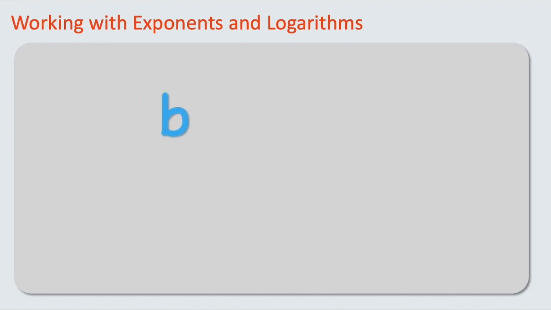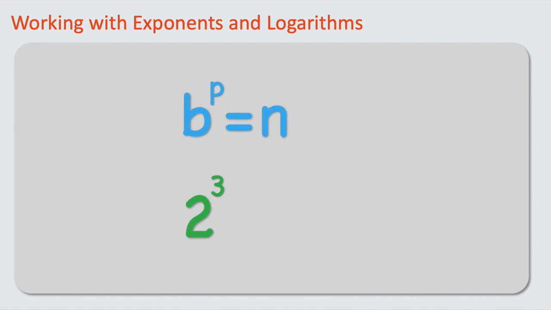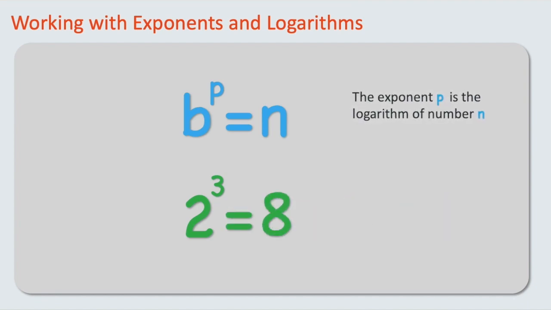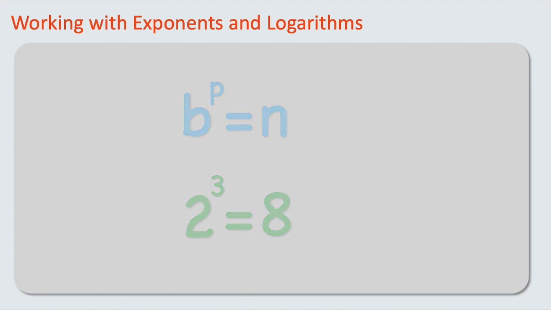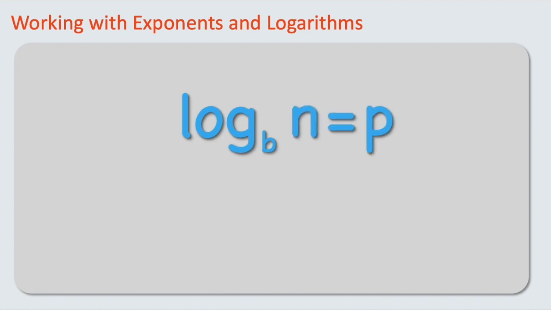Let's take the base number b and raise it to a power p, like 2 to the third power, and have it equal a number n. We get an exponential equation b raised to the power p equals n. In our example, that'd be 2 raised to the third power equals 8. The exponent p is said to be the logarithm of the number n. Most of the time this would be written log base b of a number, in this case n, equals p